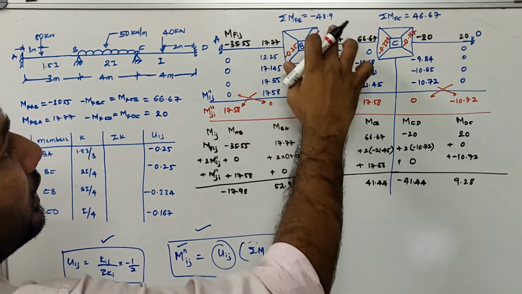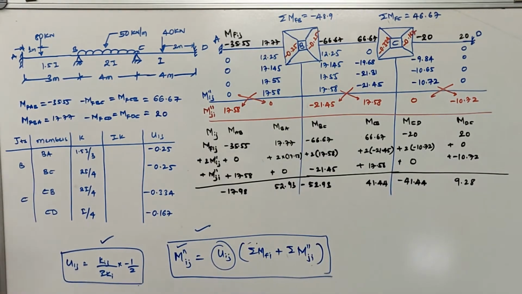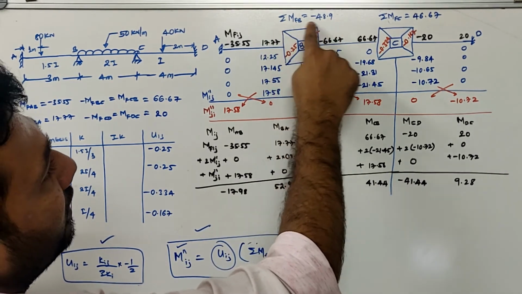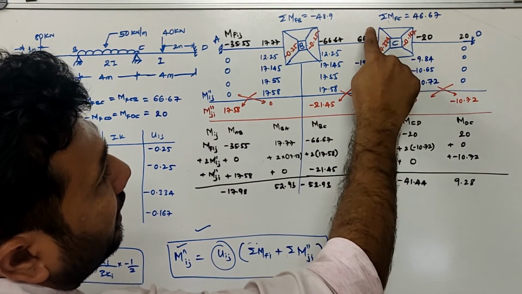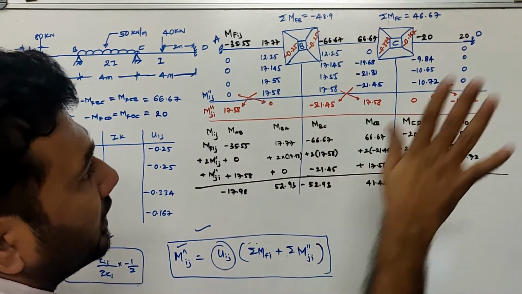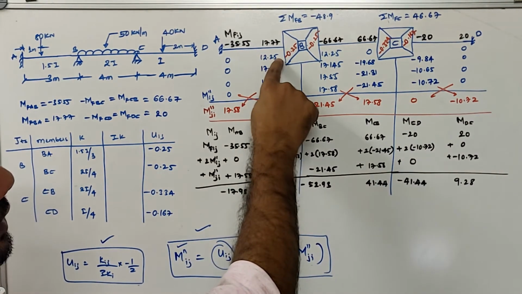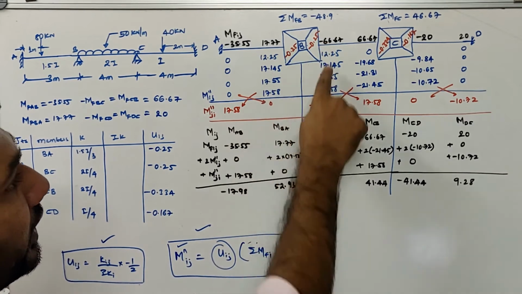Okay, now at the top of these squares I have written summation of MFB. Summation of MFB means what? Summation of fixed end moment at that particular joint, I have solved it. Okay, so summation of MFB means what? 17.77 minus 16.67 will be your MFB. Similarly I have solved for MFC also, which is representing fixed end moment at C, which is equal to 66.67 minus 20, which is 46.67. I have solved this in advance. Okay, now let us go and solve for M"BA. I am solving here this value. Once I solve this, afterwards I will solve M"BC. Okay, so all these values we are calculating the rotation moments.